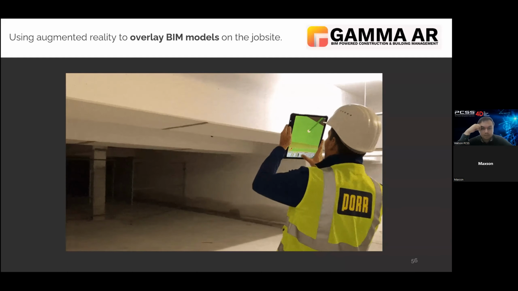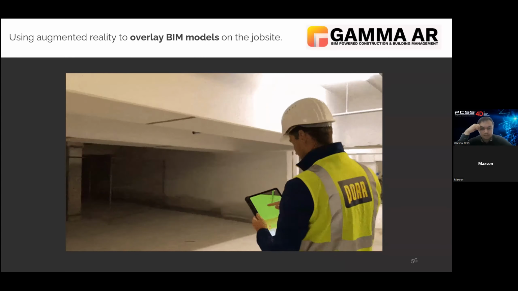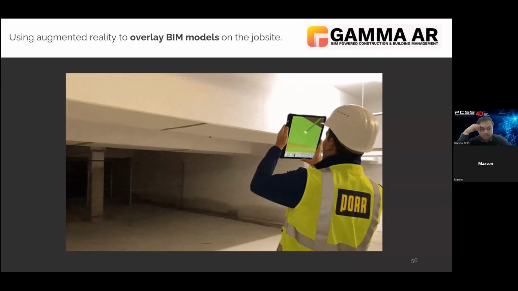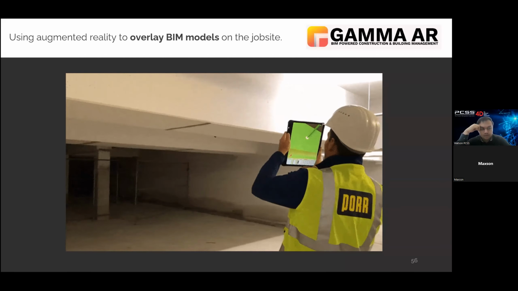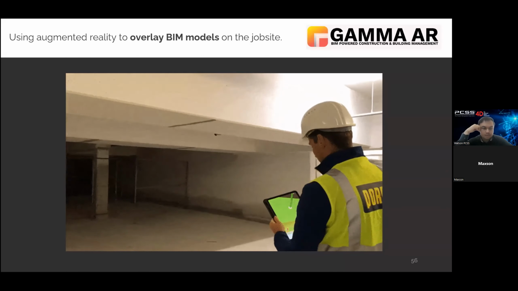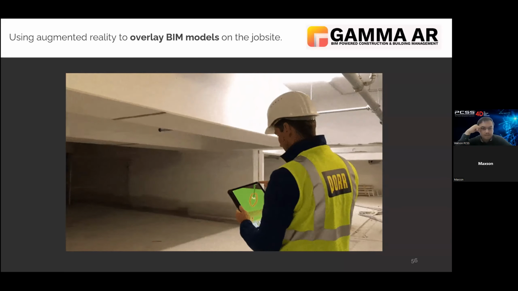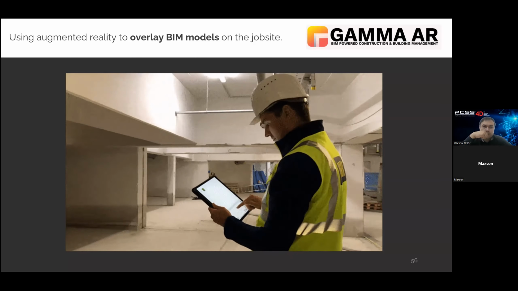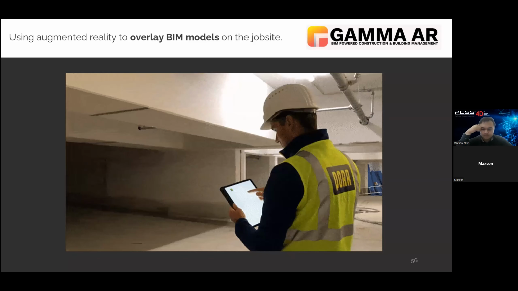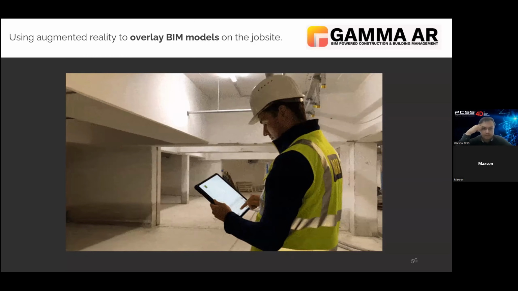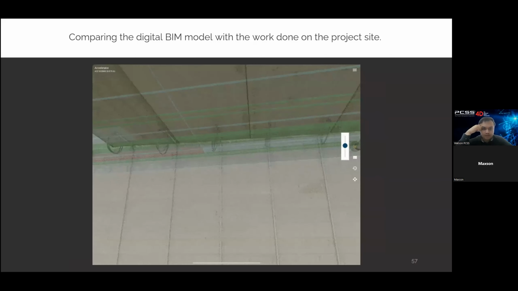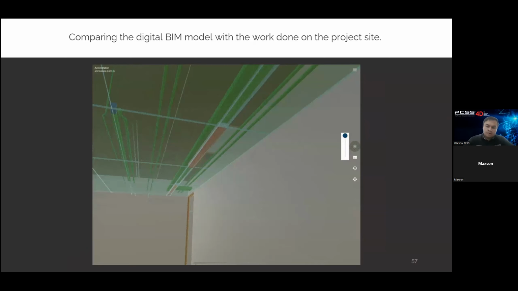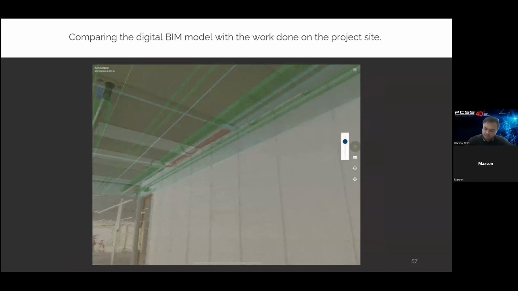This is just a short animation GIF showing using AR on site. So, capturing on-site design, for example, and that engineer is assigning an issue. He's typing something, a comment or issue, and later when he's connected to the internet, that issue will sync to Autodesk Docs or to the Gamma AR cloud. This is an example of how it looks on screen, your iPad or your handphone. You will see an overlay, augmented reality, overlay on site